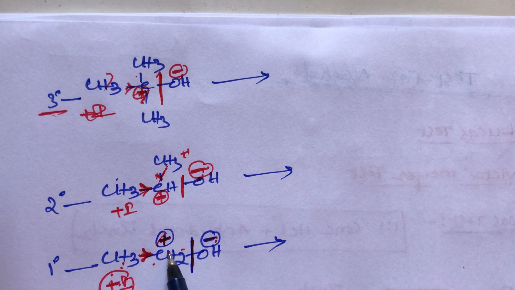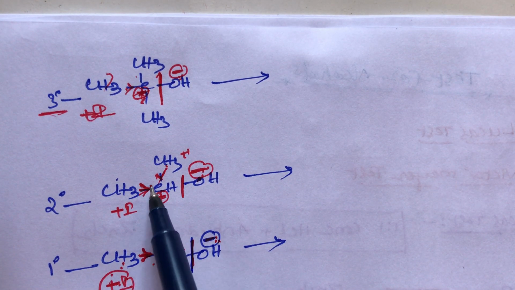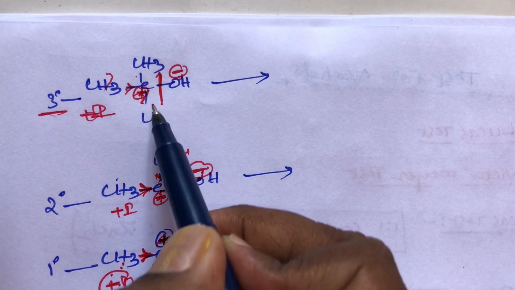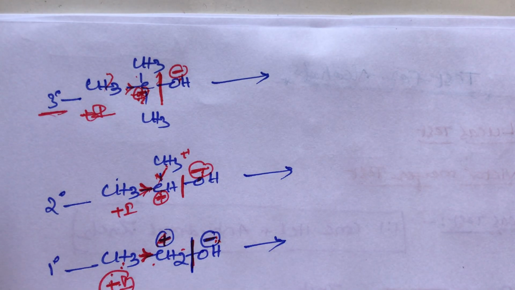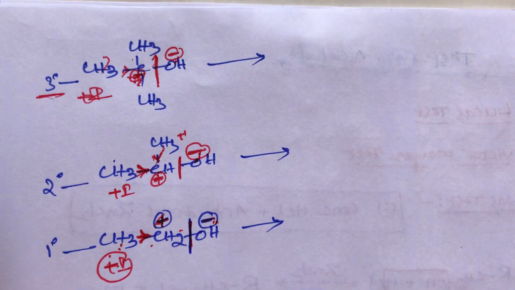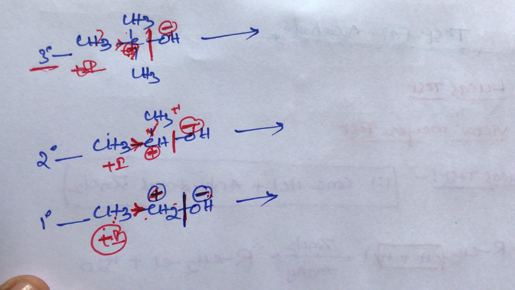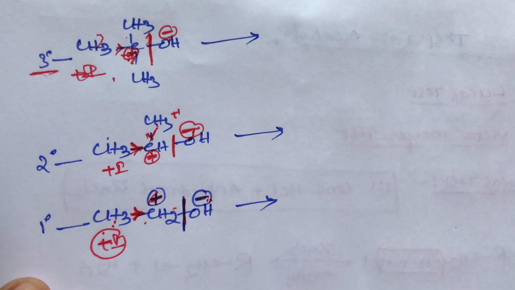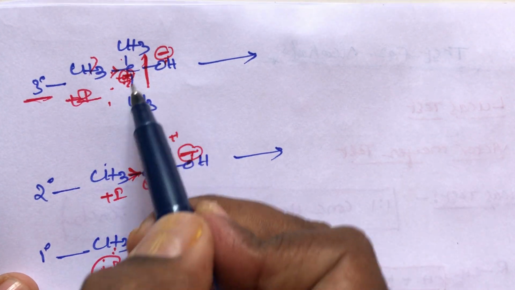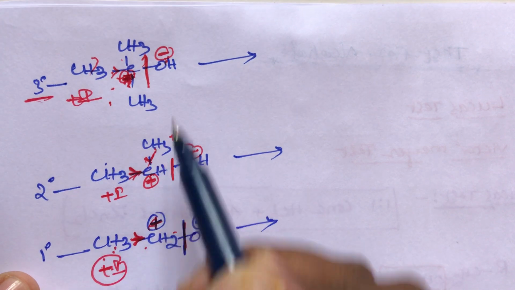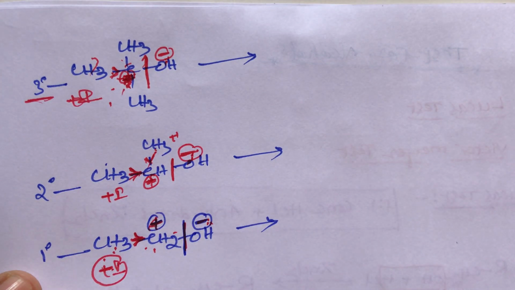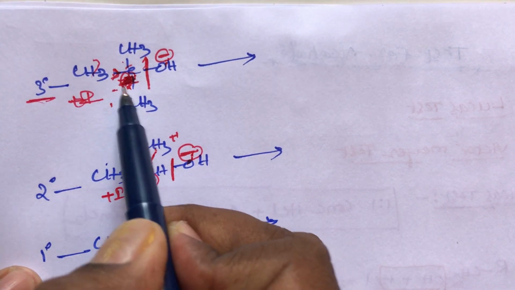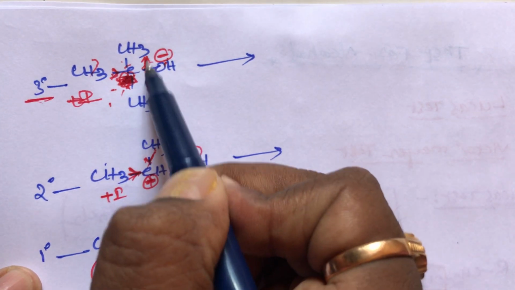You remember, students? Primary alcohols have plus-minus attraction, secondary alcohols also have plus-minus attraction, and tertiary alcohols also have plus-minus attraction. So out of these three, weak attraction forces are present in which alcohol? Tertiary alcohols have weak attraction forces. This carbon is positive, this carbon is also positive, this carbon is also positive, but the tertiary alcohol has three methyl groups, so here the positive charge is completely decreased. In this tertiary alcohol the positive charge is completely decreased, so bond cleavage occurs easily in tertiary alcohol.